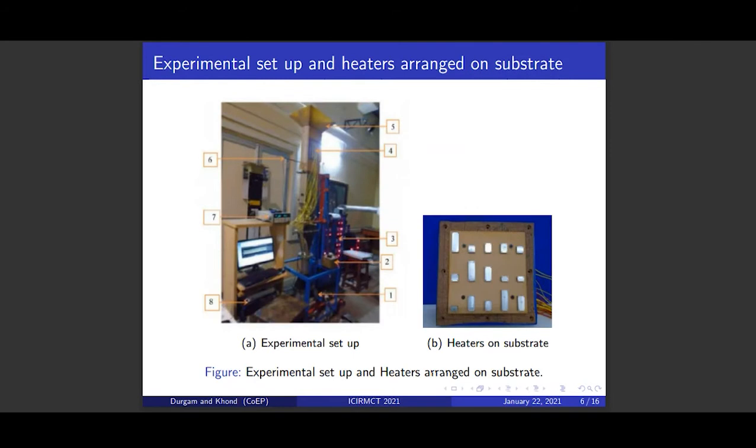Experimentation. It is an experimental setup. It is a vertical channel experimental setup. The experimental setup is fabricated in-house. It consists of blower, variable transformer, DC power supply and diffuser on the right hand side, and anemometer, data logger and desktop PC on the left hand side, as can be seen in the experimental setup.